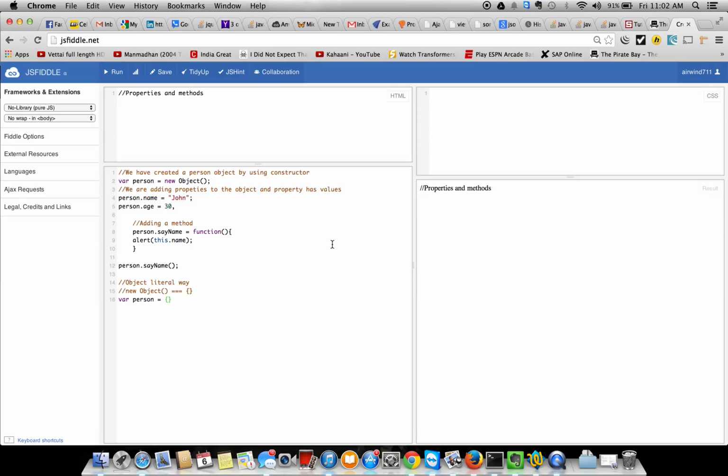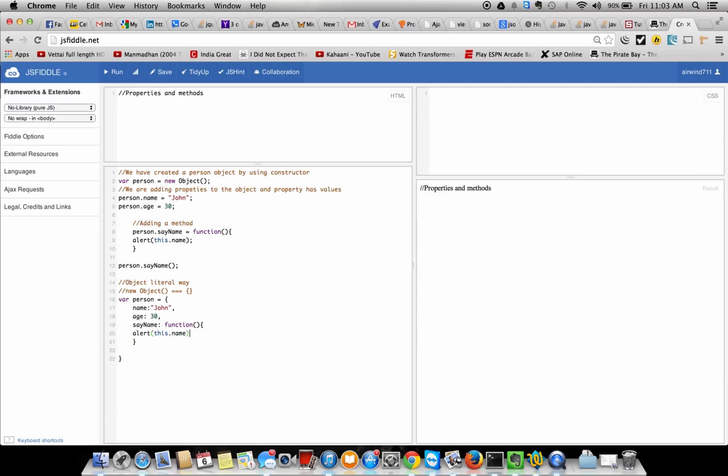Okay, how do we add properties and methods inside of this particular section? You go in here, you say name, colon, and it's a string, so add John. Over here we were adding semicolons; over here we're going to add commas, because they are a conglomeration of all the properties together for a particular object. So we say age, colon, 30, comma, say name, function, and you write your function pretty much here. You go and say alert